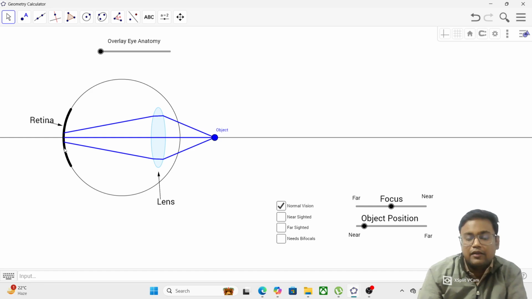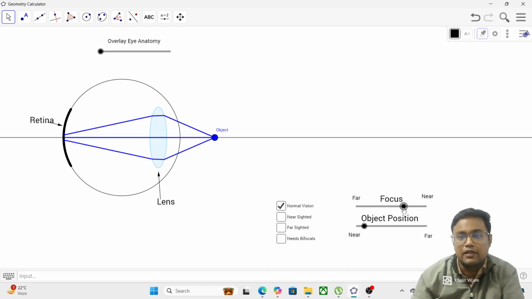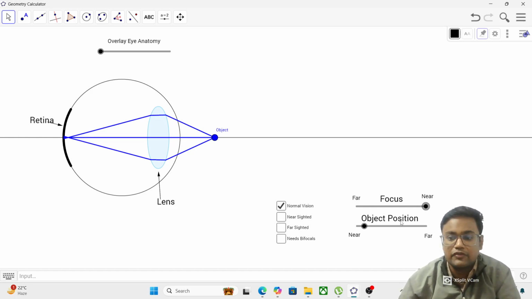वो एक ऐसे रास्ते पे आ जाएगा जिस रास्ते पे वो वापस से रेटिना पर आ सके। तो देखते जाते हैं हम कि जैसे जैसे हमारा ब्रेन बोल रहा है कि भाई सिलेरी मसल्स को आप प्रेस करो लेंस को ताकि ऑब्जेक्ट प्रॉपरली फोकस हो पाए रेटिना पर, राइट, हम देख पाए उस ऑब्जेक्ट को ताकि उसकी इमेज बने रेटिना पर। तो you can see when I slide it completely, shift the focus to the near point,